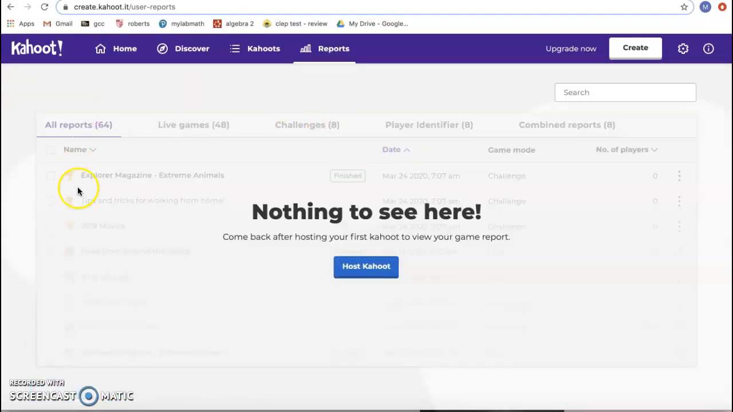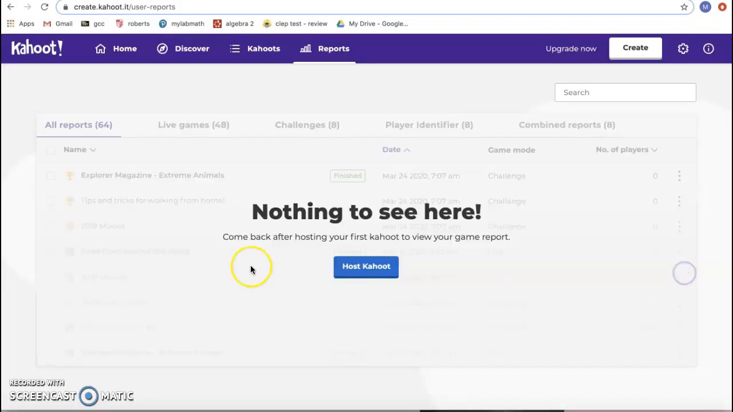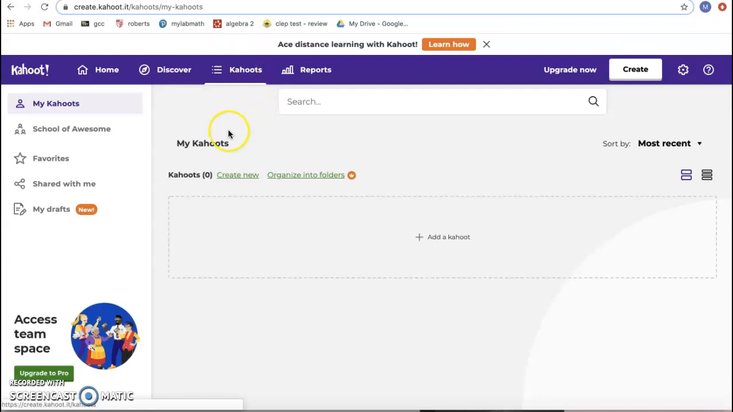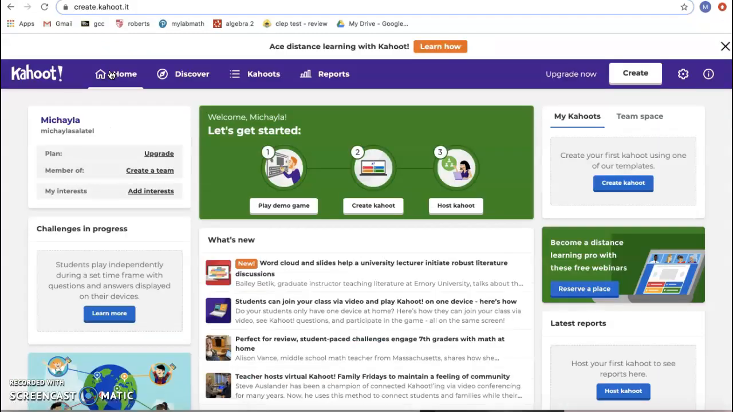So this is where you would go for reports, obviously, and you could see the number of players and their reports, but I would have to host a Kahoot, which I do not have students to host a Kahoot right now, but that's what it would look like. And you could do the folders. Pretty much the limits are endless with this app, but it's a great app for formative assessment,